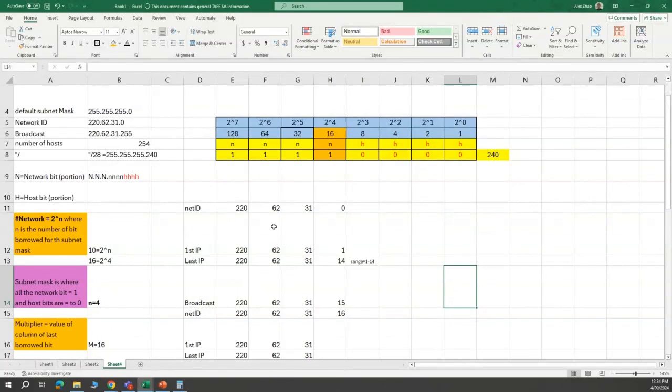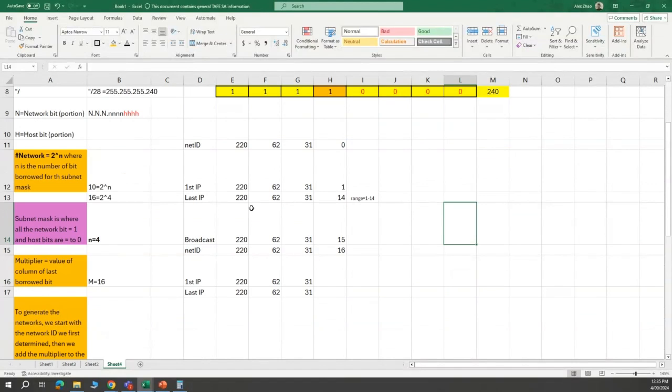Are we good? Did everyone get the same results? If you didn't, then it's probably something that you need to brush up on. Because in your assessment 2, we'll be dealing with subnetting, not maybe to the extent that we're doing here, but a little bit. All right, so hopefully you've got the knack of finding networks, IP addresses, number of networks. But what if